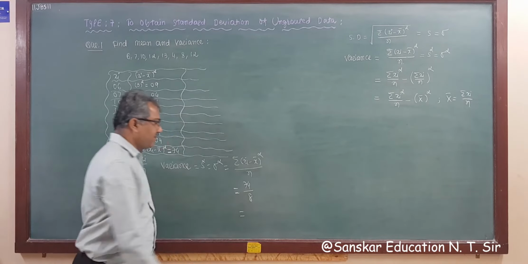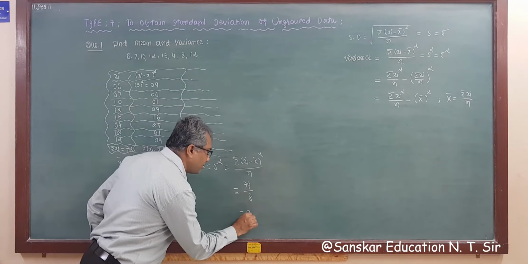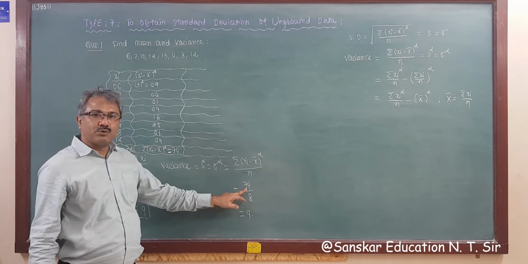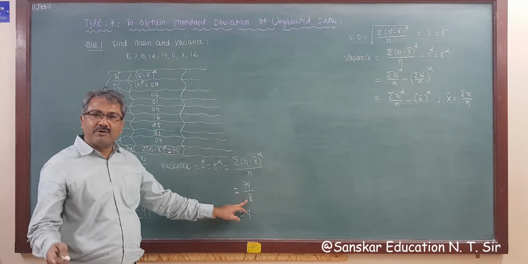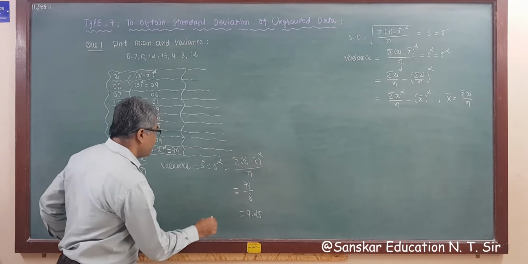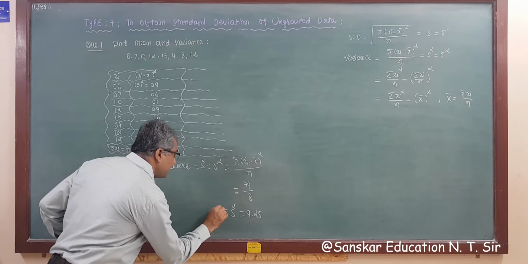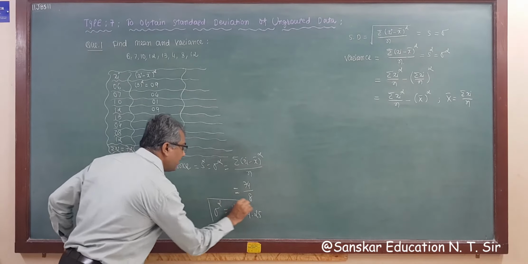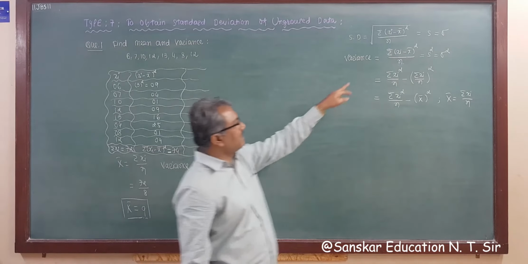Right? So this is 9, 8 nines are 72. So this is 9 point, then 2 is the remainder. So 20 divided by 8 is, 200 divided by 8, that is 25. So this is 9.25. So variance s square, either sigma square, is equal to 9.25. So this is your answer, by this method.